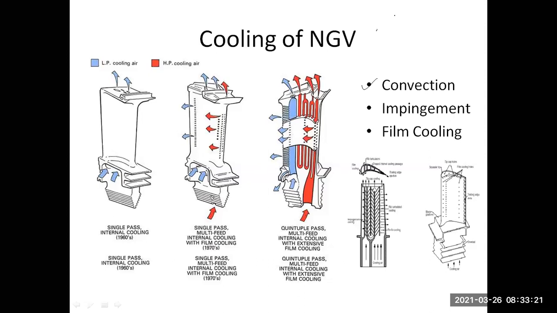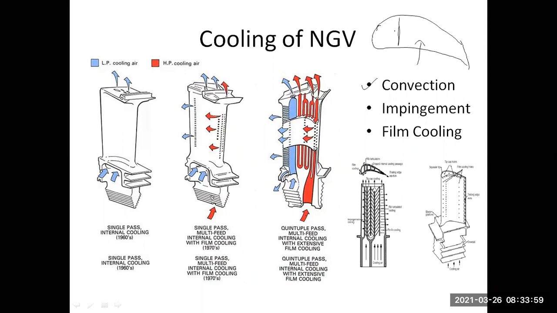Then suppose I draw it over here again. The same blade, if I look from the front, will look something like this. I am passing the cold air in this area, so the cooling of this area is done by convection. What convection is, you already know, right? Movement of heat, energy molecules from one place to another is called convection. Convection, radiation, conduction, three types of heat transfer are available. So when the air is moving from here, convection is taking place because the molecule itself is moving. We don't need to go into it, you already know it.